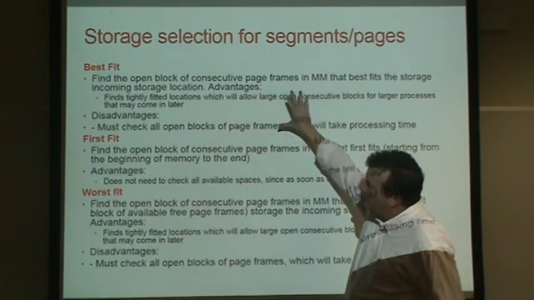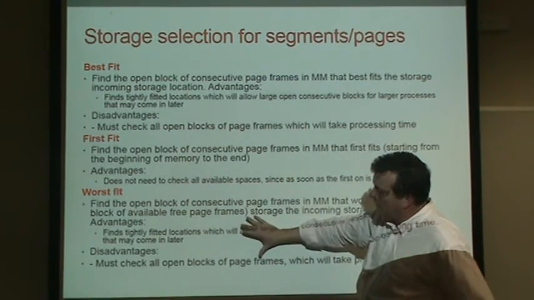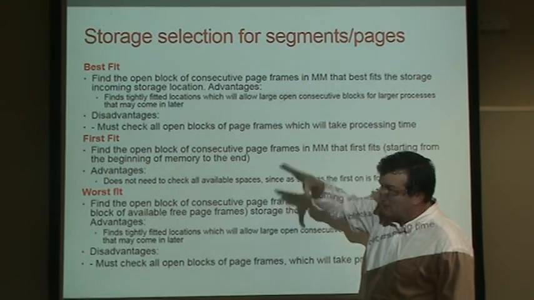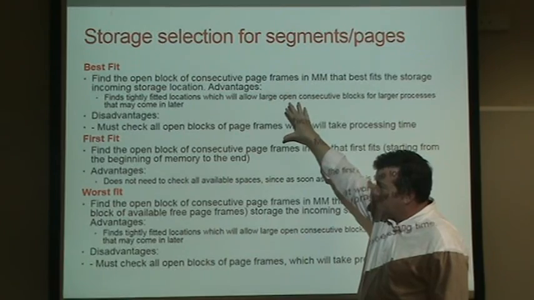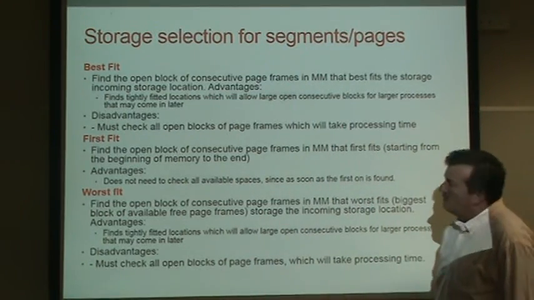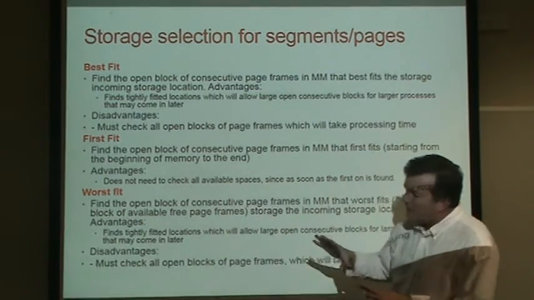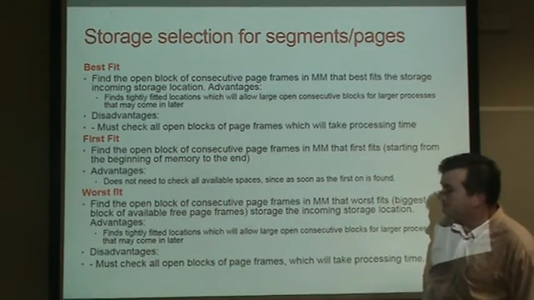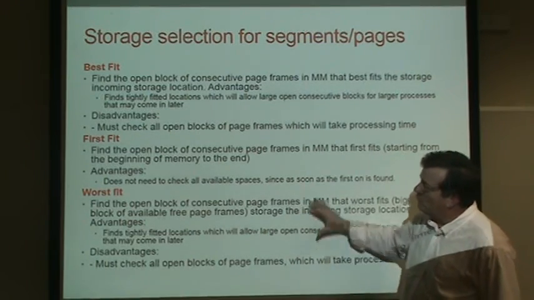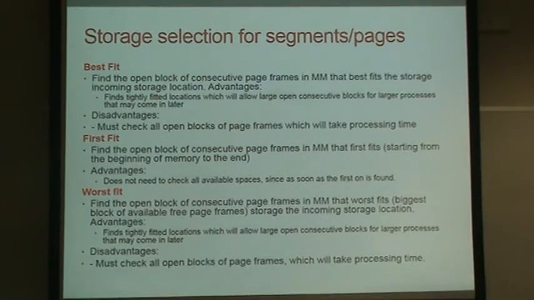And between the best fit and the worst fit, the 2 extreme cases, one of them leaves very small remaining blocks and very big remaining blocks. So that could accommodate various sizes of programs coming in. Finding the worst fit one leaves a lot of medium-sized blocks, which could have an advantage to it. But if we were to do either one, the worst fit or the best fit, how